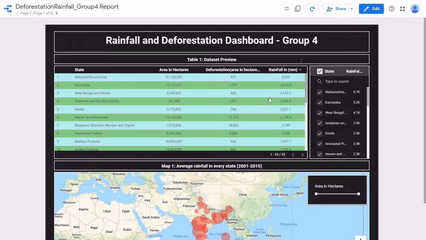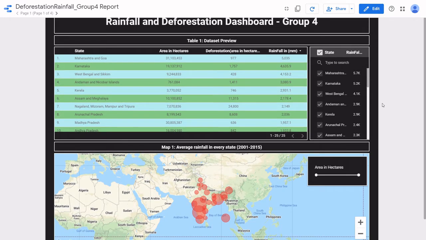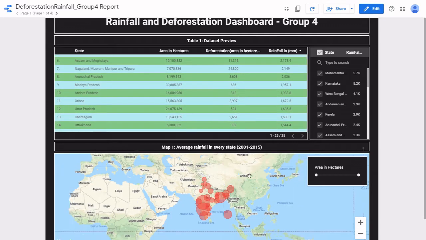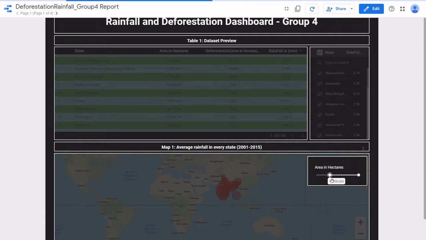The technology we are using in the dashboard is Data Studio, a product of Google, which helps in visualizing and analyzing data more accurately and in an abstract way. The dataset we are using for visualization is collected from the NOAA and MongoDB websites. The data was in crude format. We cleaned and pruned it to get data for all states of India. The data attributes involved are area in hectares, deforestation in hectares, plus rainfall for each province or state.